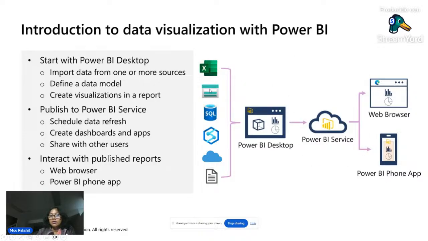And then what do you visualize? You can visualize ad hoc files, or you can connect to your lakehouse, to your KQL data sets that you built, and then visualize it through Power BI service. So import data from one or more sources, define a data model. Now within Power BI also, you can do a semantic data model, meaning you can also create, like we talked about dimensional data modeling, which is star schema, snowflake schema.